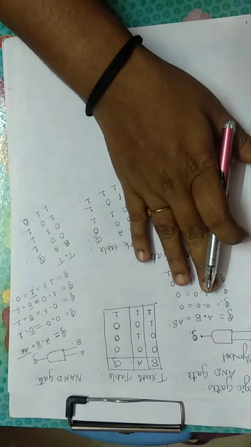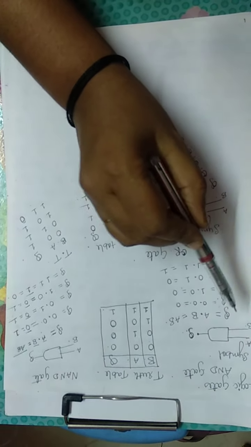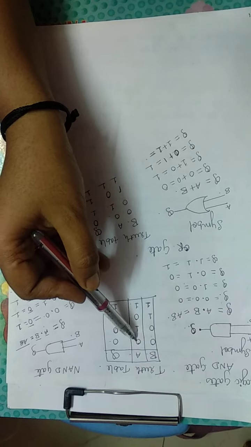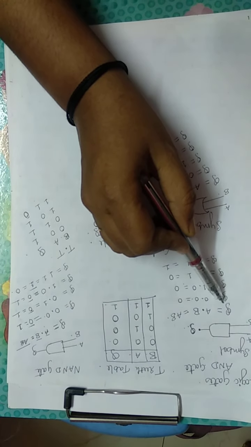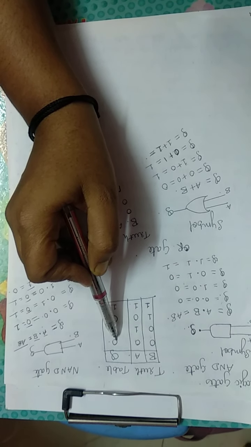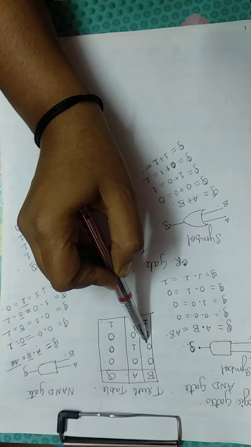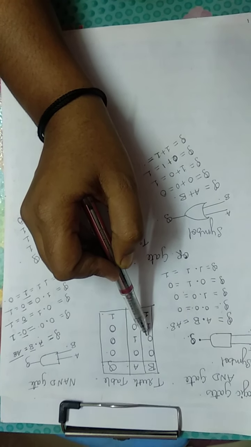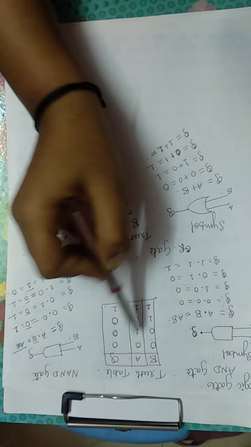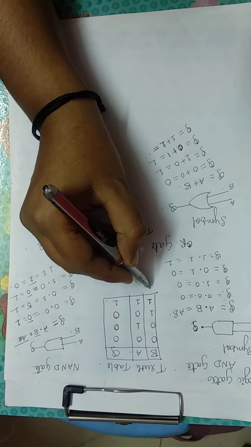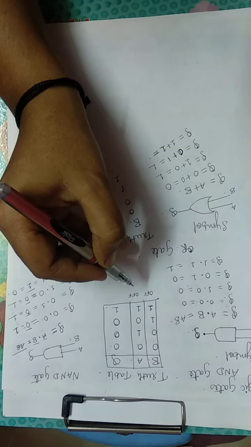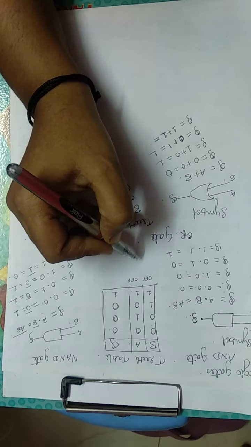So under the AND gate, we are having 2 inputs and 1 output. Initially we are giving both the inputs as 0. By this Boolean expression, we'll get the value of output. And the next will give B as a 0, means there is no input. It will be off. A will be on. You can write it like this also. If 0, 0 is there, you can write it as off and off. 0 indicates off and 1 will indicate on.